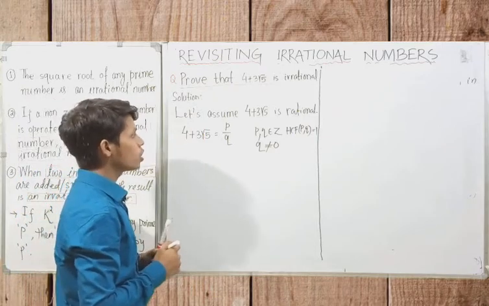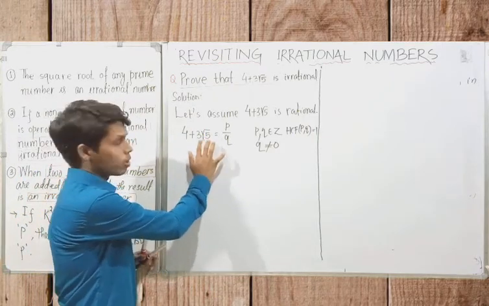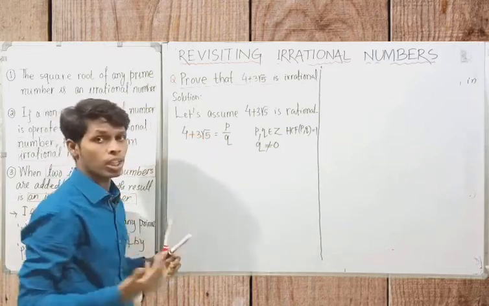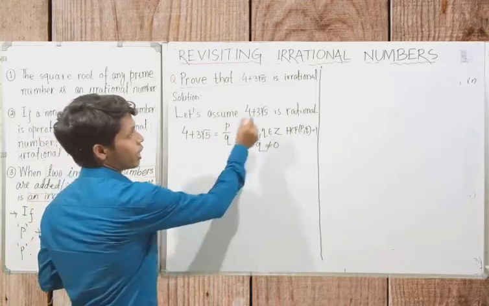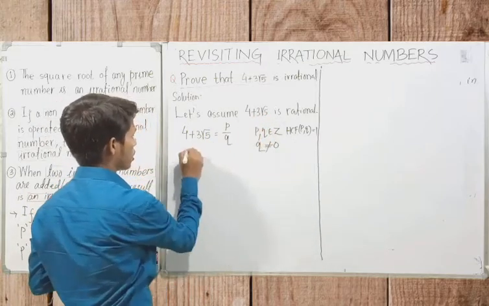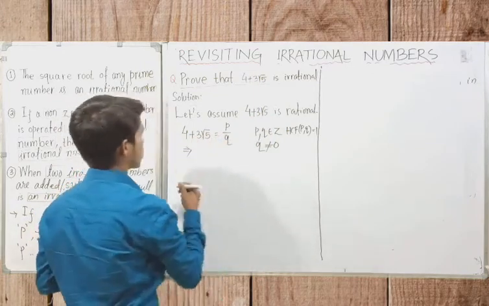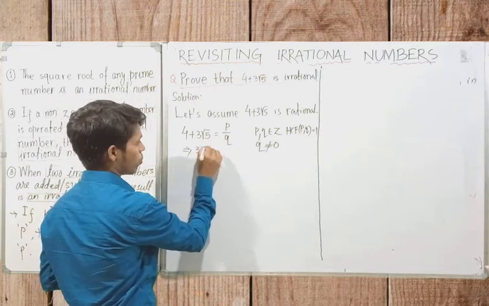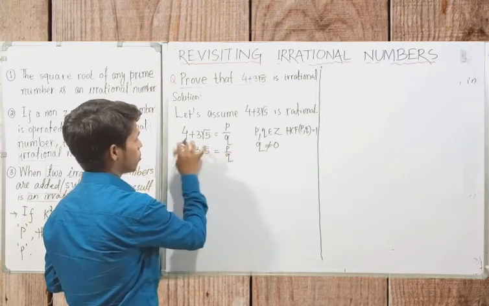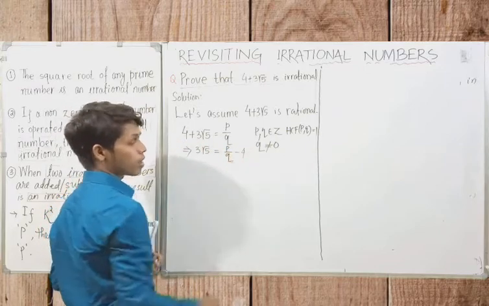So what we need to do here, at first, is find out the value of this root over a prime number. Here it is root 5, it can be root 2, root 3, root 7 or root 11, or the irrational part of this expression. You have to find out the value of that one. So we will transpose this 4 and 3 to the right hand side, one by one. At first let's transpose 4. So we will get P upon Q, and if 4 is added in the left hand side, it will be subtracted from the right hand side.